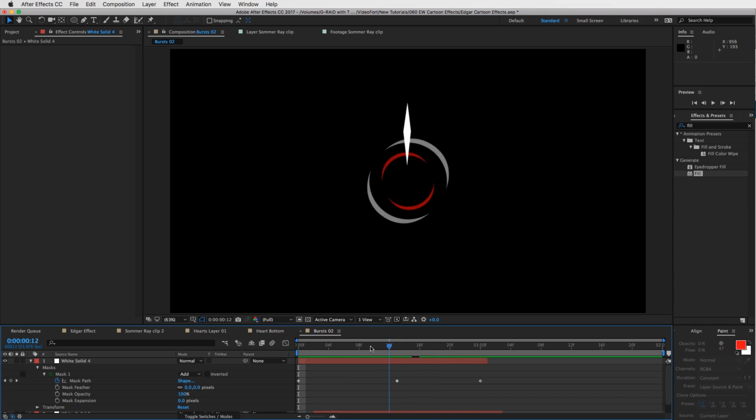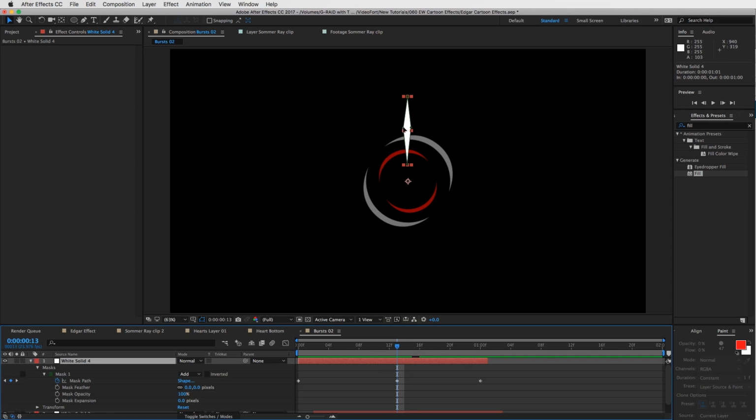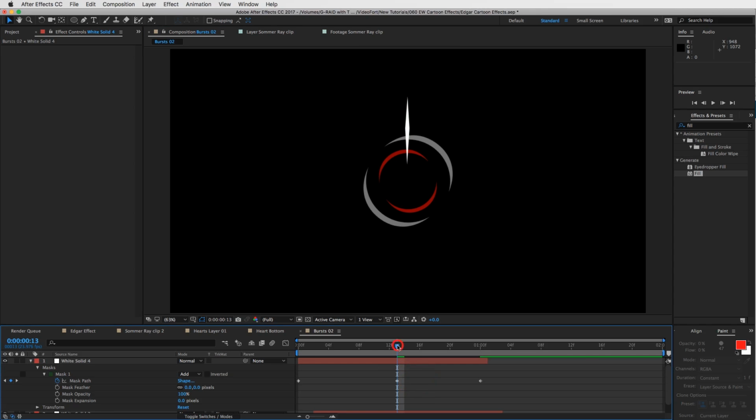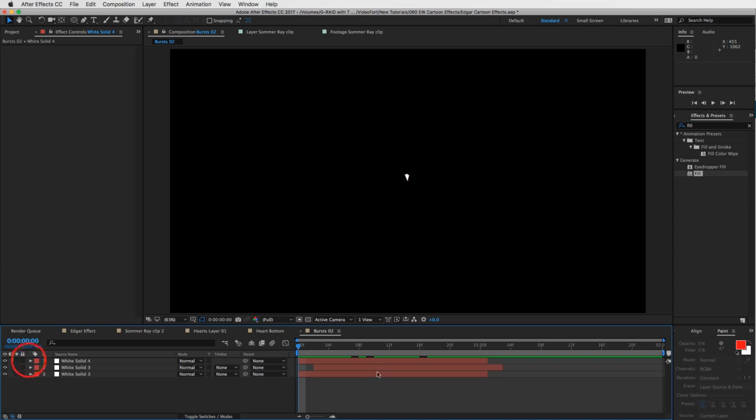Okay, it kind of works for me. Make it a little skinnier maybe. Okay, so now we have our line animation, and you guys have probably guessed it, I'm not going to create